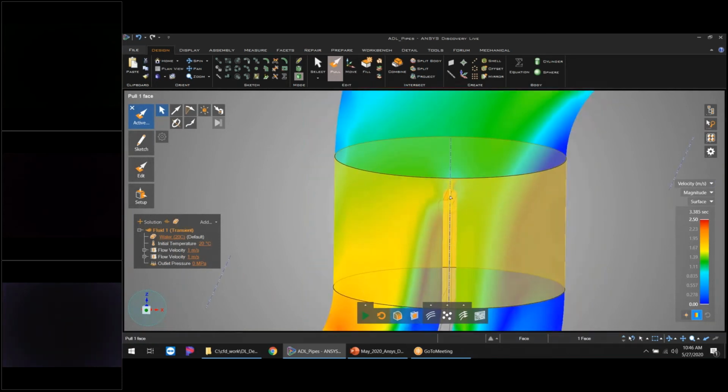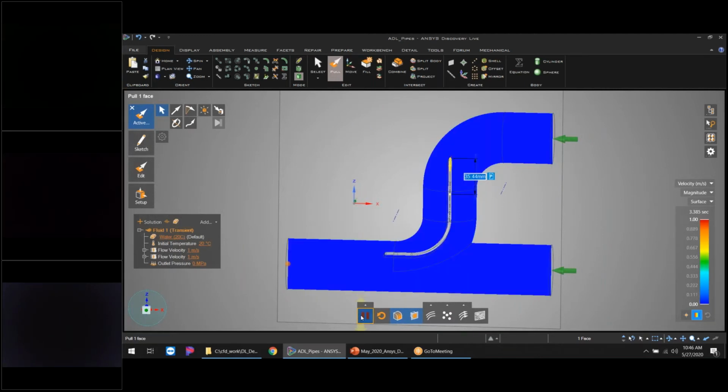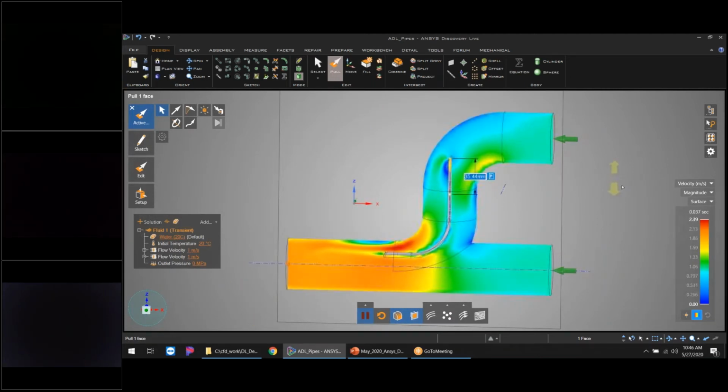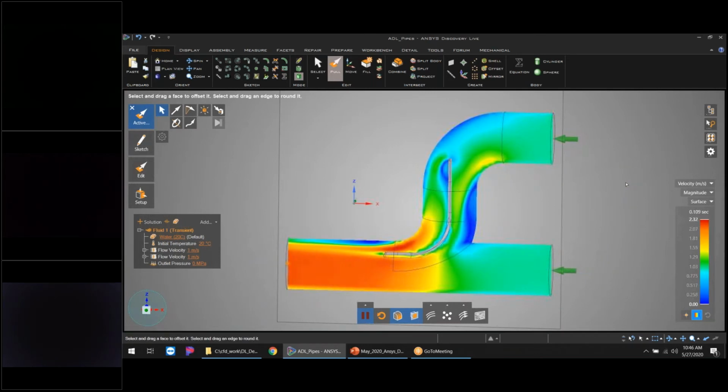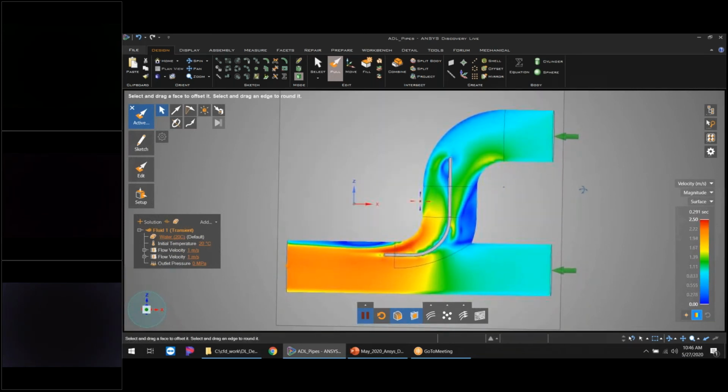I'm going to hit the pull feature, and I'm just scrolling on my mouse. So I can scroll right through the model, and I've highlighted that top surface, and I'm literally just going to drag it right now, and it automatically updates. And so I didn't have to remesh. I didn't have to go back into a CAD tool. I didn't have to troubleshoot anything. It was literally as soon as I clicked off of the pull arrow, it automatically started updating.